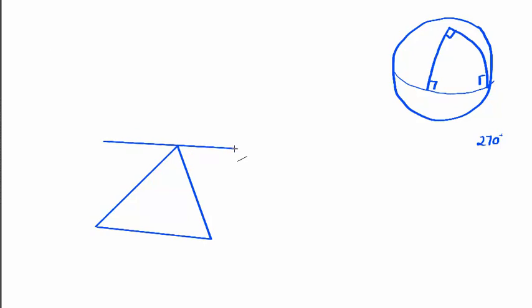Here's my proof. My construction is, so here's my triangle. I'll show you the proof. This is one of my favorite proofs. The proof is, here's triangle ABC. I'm going to draw a line, line DE. That's my construction.